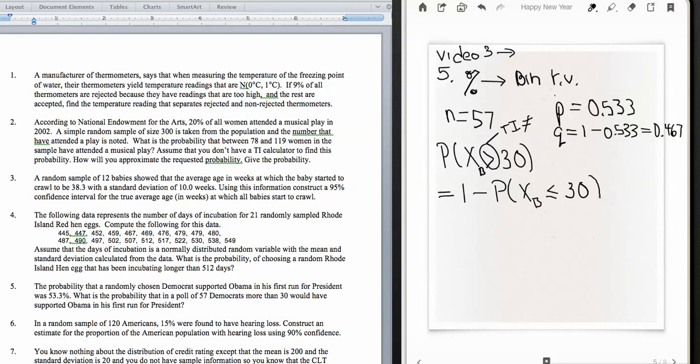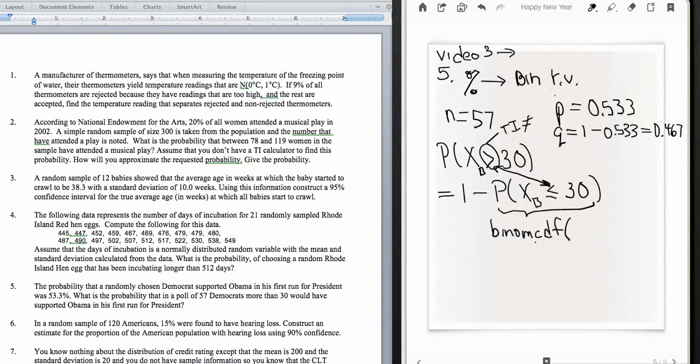Now remember, these are strict complements, right? If you have greater than 30, then the strict complement is less than or equal to 30. And this I can do using the binomial CDF